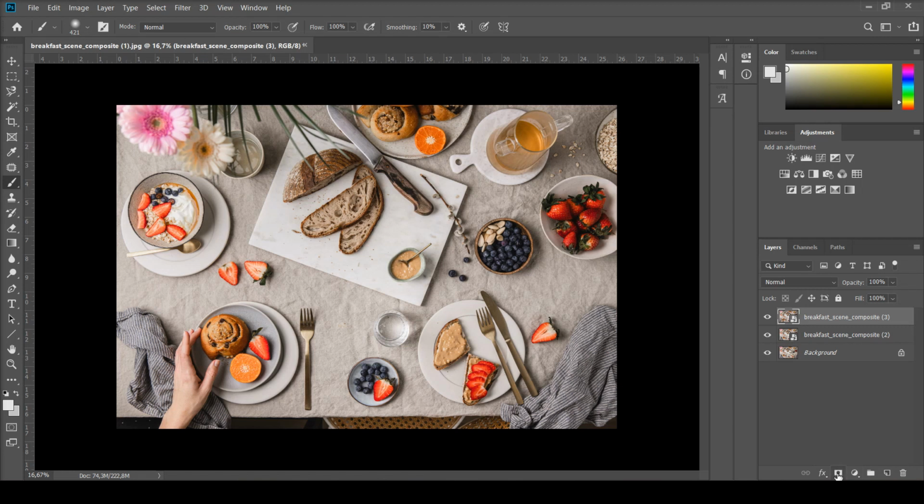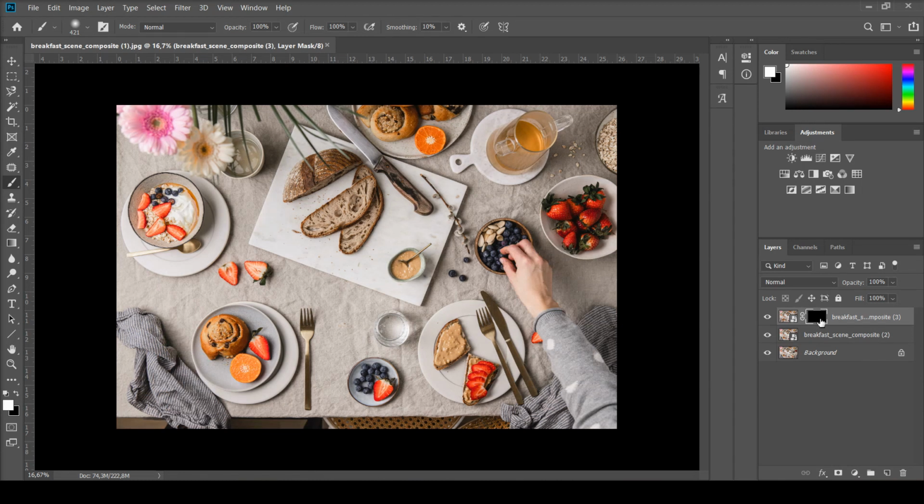here to layer mask, click on it, and it will immediately add a layer mask to my layer with this hand. So now it's white, which means that the entire image is visible. And now I'm gonna invert it, which will make it black, and now the whole image is not visible. But I want to have just that hand here, which was here, visible, and we'll do this by selecting a